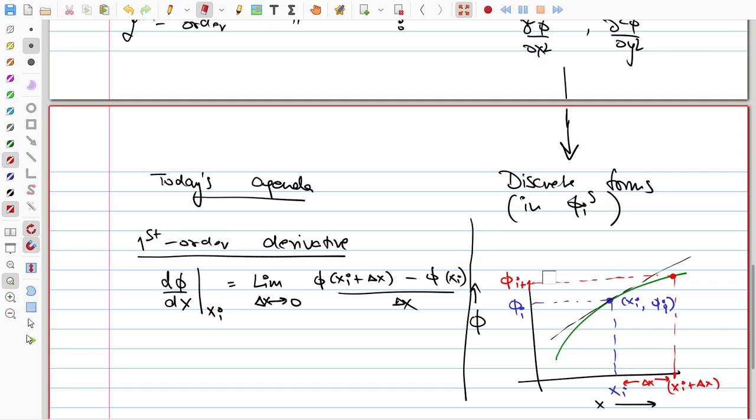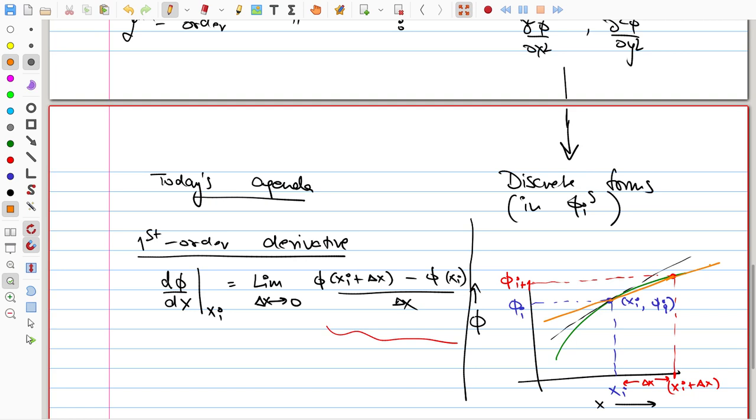Now, this difference or this ratio is simply the slope of the line that joins these 2 points. Let us use a different color. So, you join the blue and the red dot and you get, okay, for a finite delta x value,